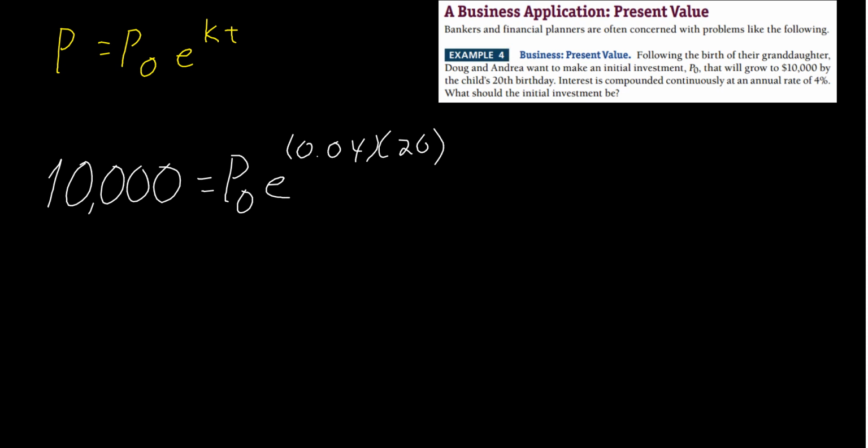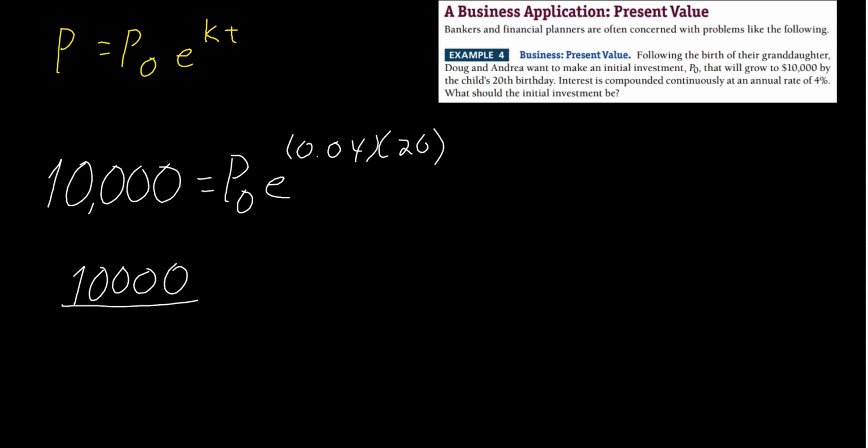Well, I know what 4% times 20 is. All right, so if we're solving for P naught, we end up with 10,000 divided by